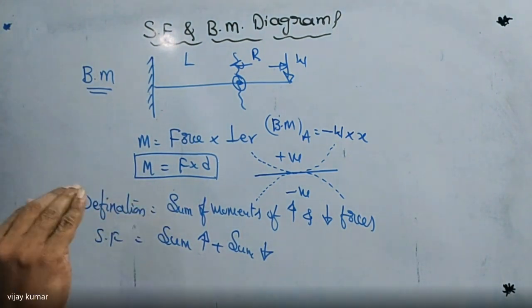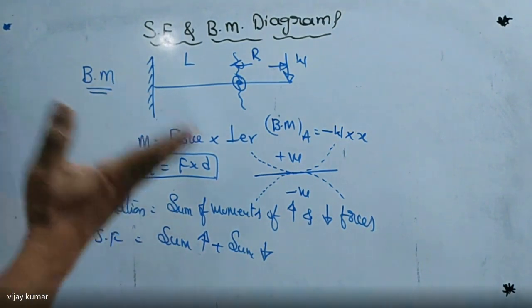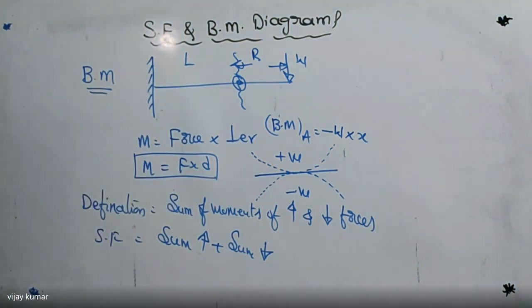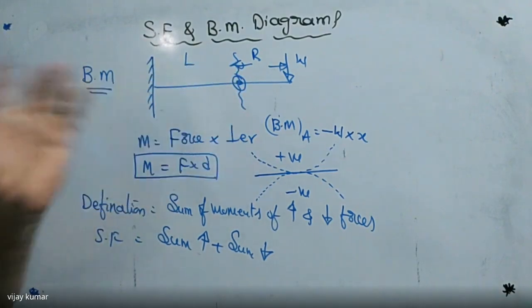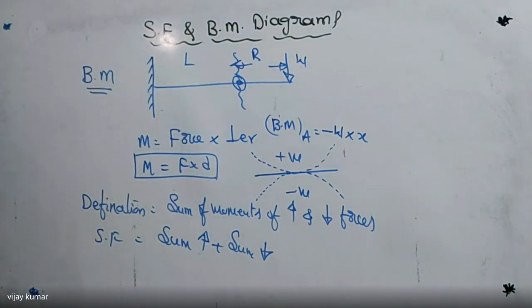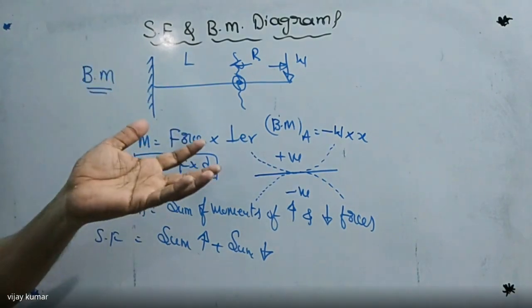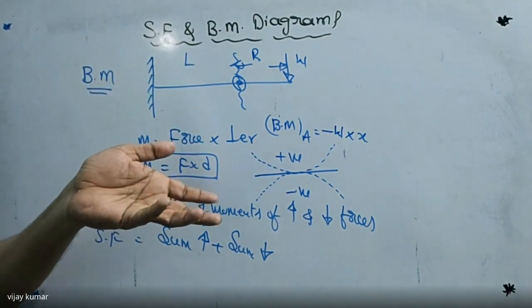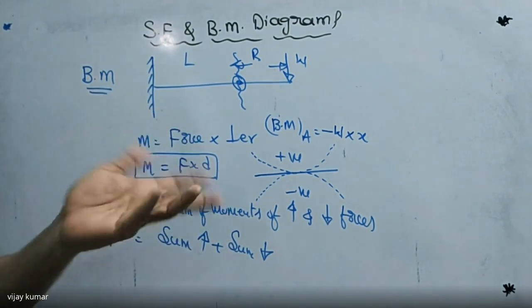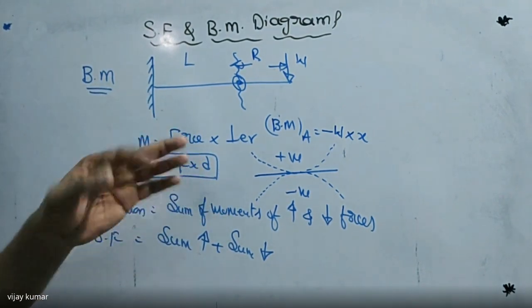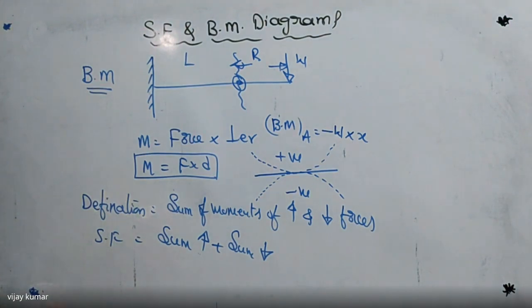If you know the shear is maximum, at that point the component goes to fail. That means when the shear is maximum at that point, what is the bending moment value? We can check it. When the bending moment is maximum, what is the value of shear force? Are both maximum or only one maximum? Are both minimum or maximum? We can check it very easily by identifying the diagram where the shear is maximum, where the bending is maximum.